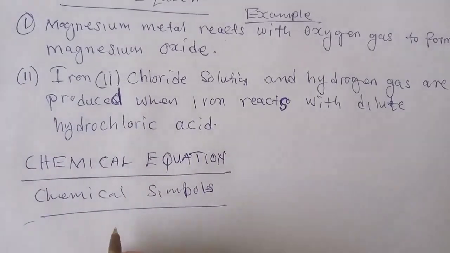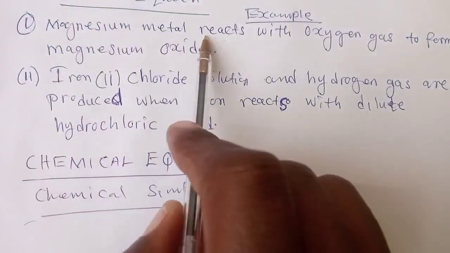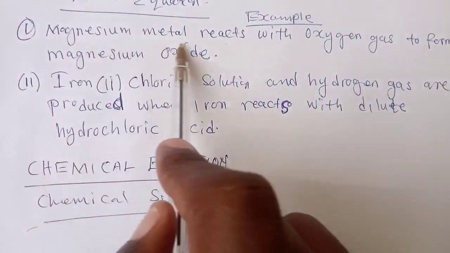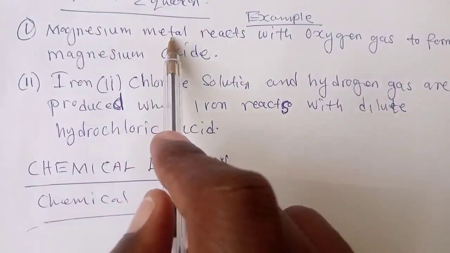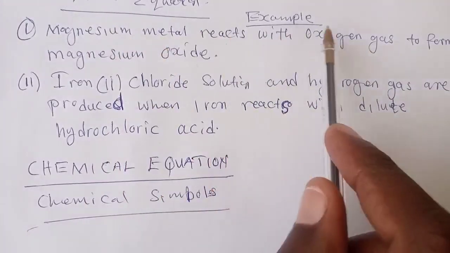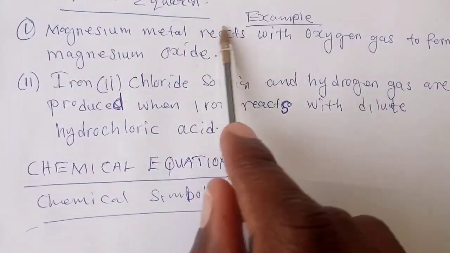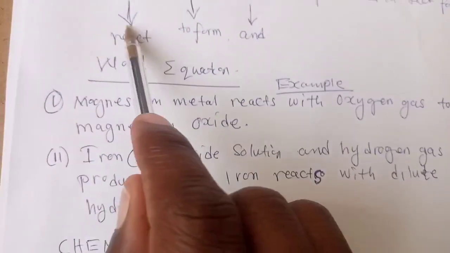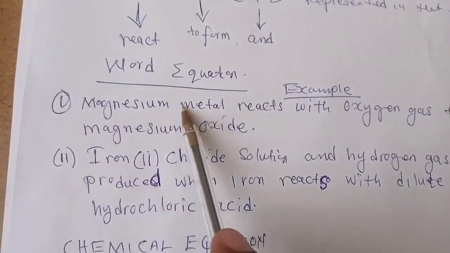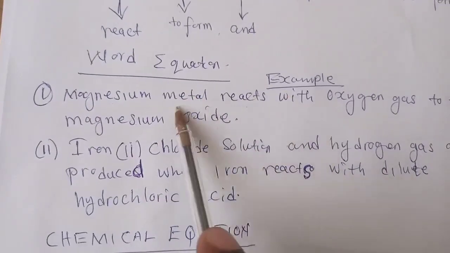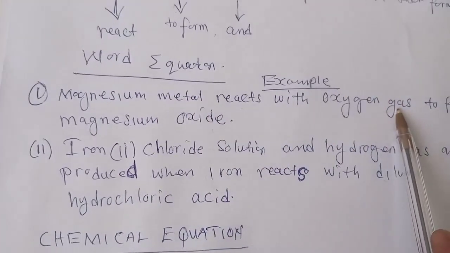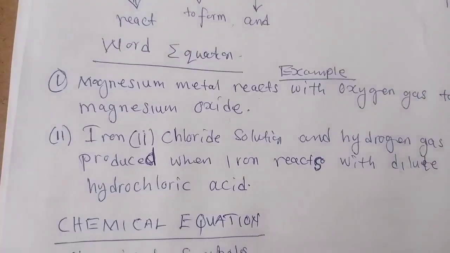We are saying that magnesium metal, you know a metal is in what? In solid state. So magnesium metal reacts with oxygen. So we are saying that these are the reactants, since they are reacting here. Magnesium metal reacts with oxygen. You know that oxygen is in gas state. So you need to write as